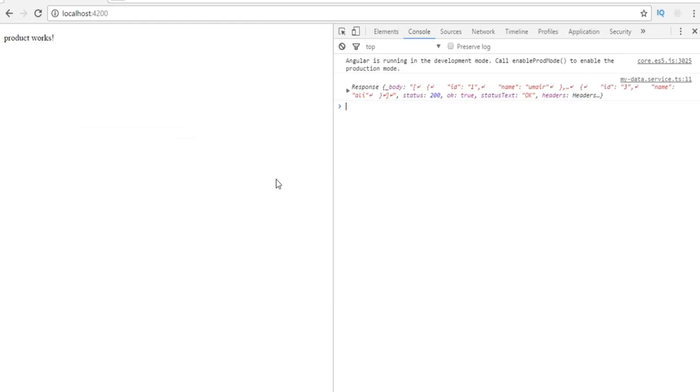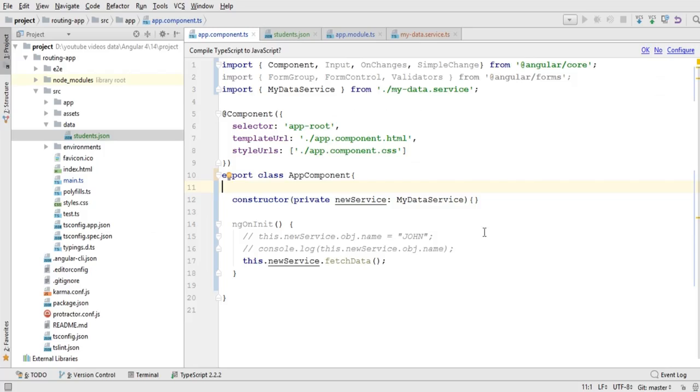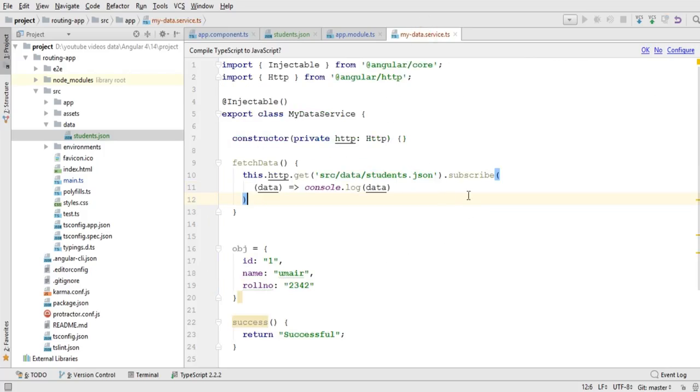And as I save this file, it reloads the whole project, and we can see that we have got the response in this format, but we want to fetch the data in JSON format, so that if we want to print that data in a specific view, if we want to apply ngFor, we can do it. So in order to fetch the data in the JSON format, we want to do one more thing in our service. So before subscribe I can write dot map,